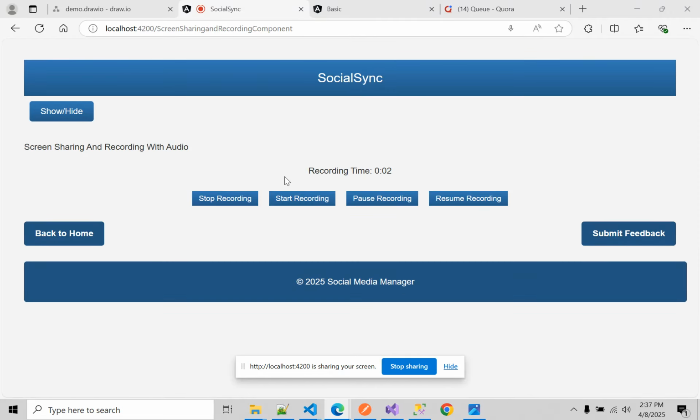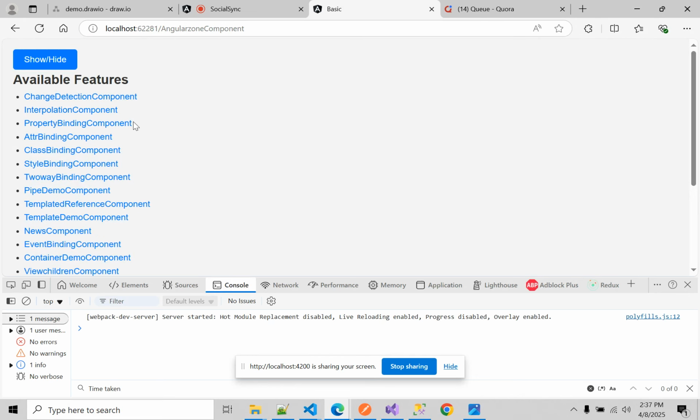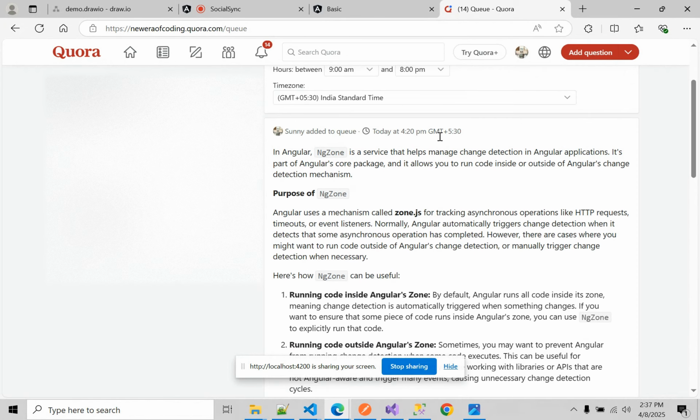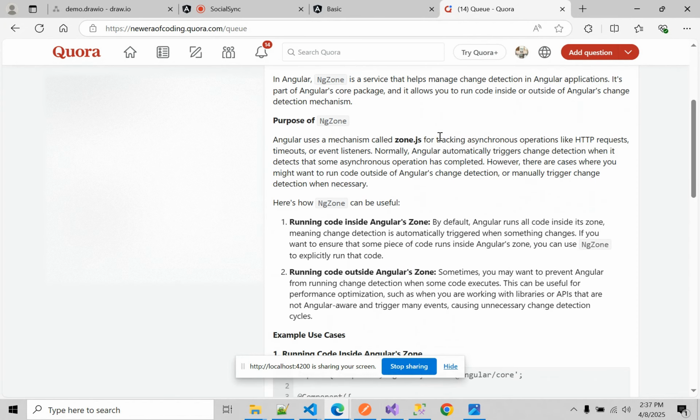Friends, in this video, I will talk about a very interesting topic, which is Angular Zone, how it is very helpful and how you can use it to improve the performance of your application. It has lots of areas yet to be discovered, but here we will take one example, and you will get to know what NgZone is and how it's very helpful to us.